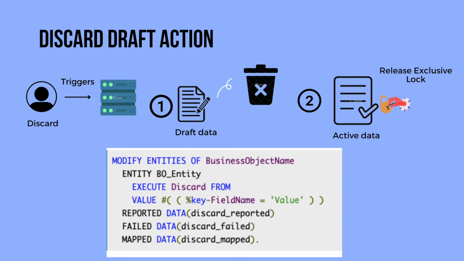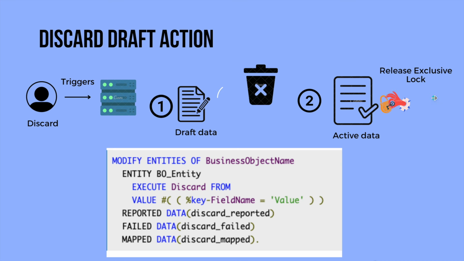Then the discard draft action is so simple. Let's say you are editing something and you don't want that data. Since you don't like the data, you want to delete it, right? In that case, you just click on the discard button in the UI, which will trigger the backend,